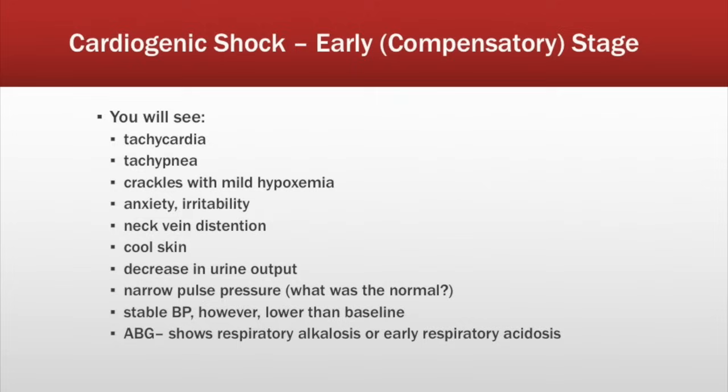You have a stable BP, however, it's going to be lower than baseline. Your vascular system's trying to compensate, however, it's not doing the greatest of jobs, so your blood pressure is going to be lower. These patients will progress to the late stage if it's not corrected. Since you have tachypnea and anxiety, you're going to be breathing a lot faster, and so the ABG is going to show respiratory alkalosis. But when you start to see the respiratory acidosis, that's when you're getting into the late